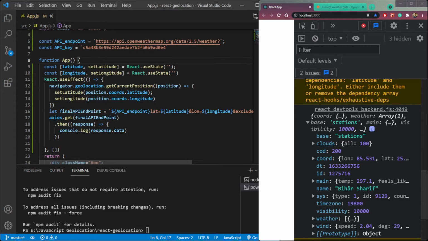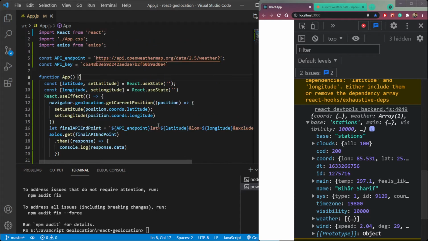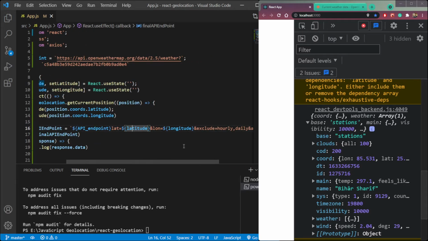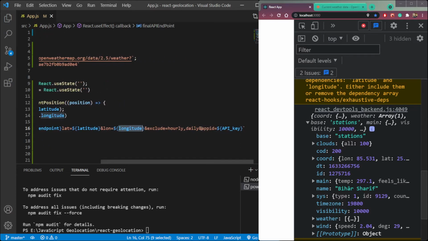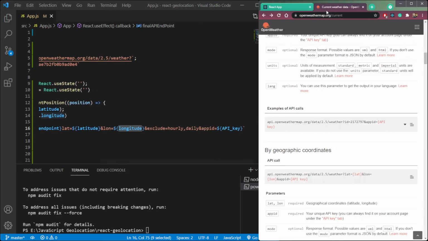Okay, now we are calling the API here, and we are putting in three things, which are the API endpoint first, then latitude and longitude, and the app ID, which is the API key, as you can see here in the documentation.